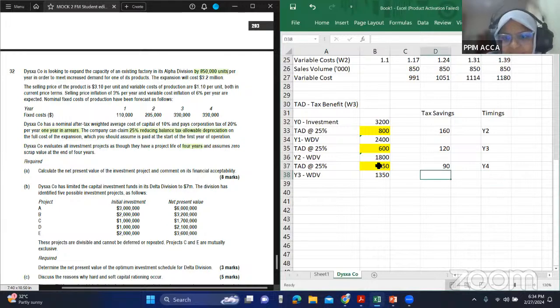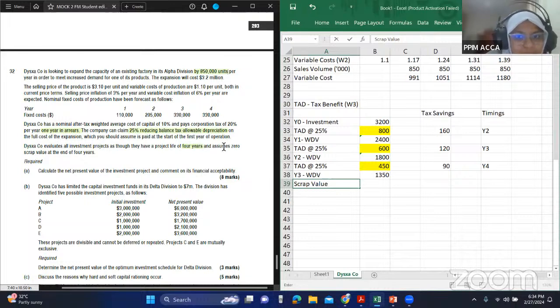Okay. Now finally, we have got until year 3. Now year 4 is the last year. In the last year, remember, sometimes we might have a scrap value. In this question, they're saying that we are going to assume a 0 scrap value. So in this case, it's 0. But sometimes you will actually have a figure saying scrap value. You have to put it there. And then what you do is deduct the scrap value from the year 3 written down value. If you get a positive answer here, like here it's 1,350 positive, then it's called a balancing allowance.